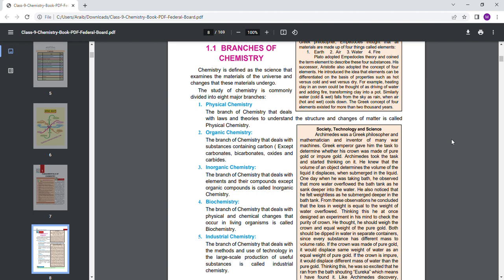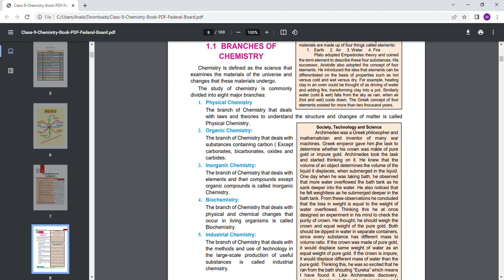called physical chemistry. Organic chemistry: the branch of chemistry that deals with the substances containing carbon, except carbonates, bicarbonates, oxides, and carbides. Inorganic chemistry: the branch of chemistry that deals with elements and their compounds, except organic compounds, is called inorganic chemistry. Biochemistry: the branch of chemistry that deals with physical and chemical changes that occur in living organisms is